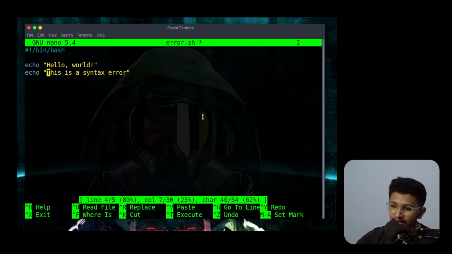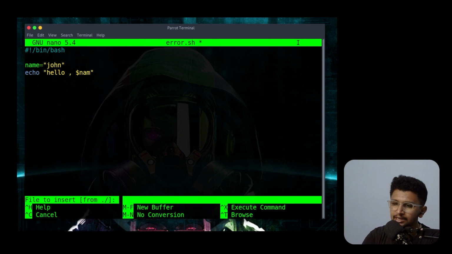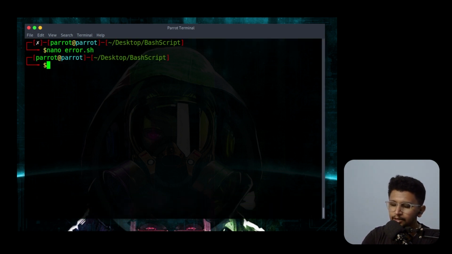The next error is the variable error. Let's say you specify a variable, the name equal to something like John. Now you print that name using the dollar symbol. But if you specify the variable without completing it, where the variable name is NAME but you write NAM, it will